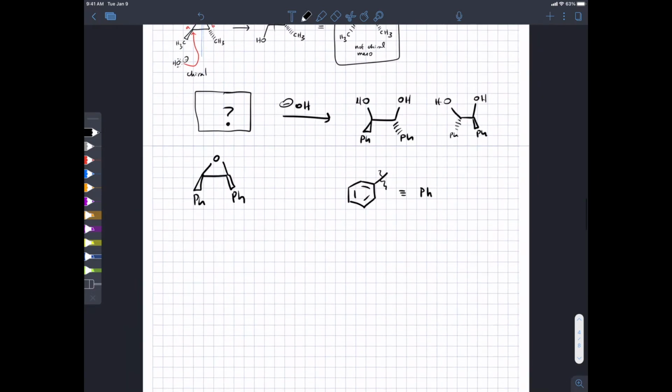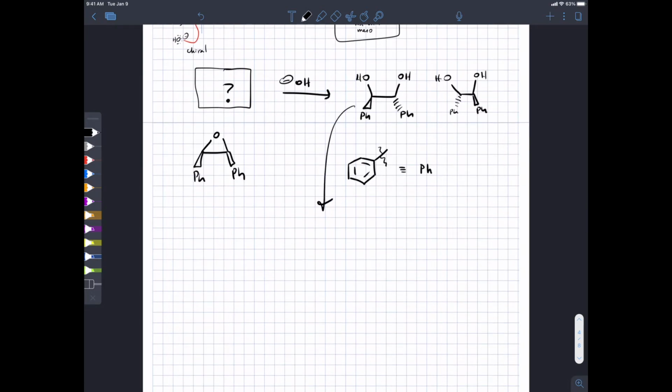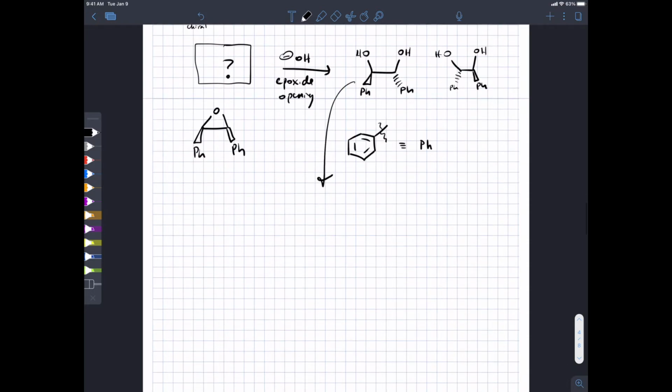And if that was a bit of a struggle for you, the first thing you want to do is say, okay, how do I know how to make this 1,2 diol? You know how to do it via epoxide opening, and you know epoxide opening is trans, or happens from the backside. So draw the two OH groups anti to each other,